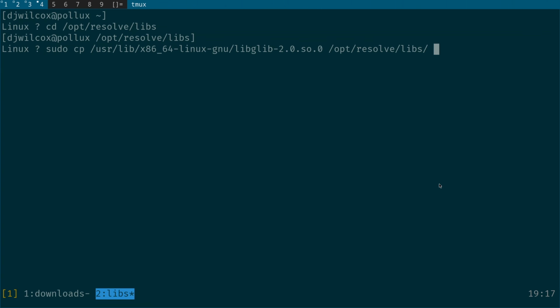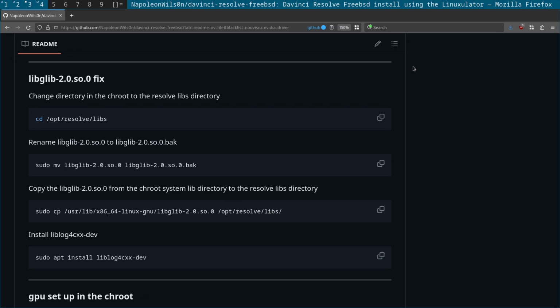Sudo cp /usr/lib/x86_64-linux-gnu/libglib2 to /opt/resolve/libs. Okay. And then the final step is we also need to install liblog4cxx-dev, because otherwise you get an error if this isn't installed. So copy that to the clipboard,